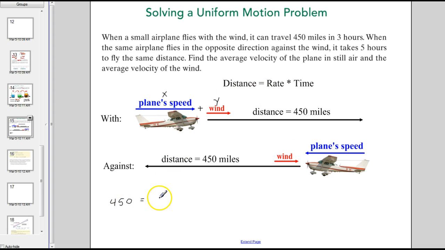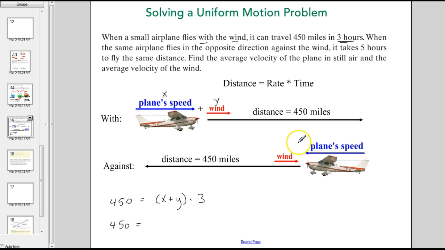So 450 equals x plus y times time, right? Well, it says right here it can go this in 3 hours, with the wind. So with the wind, 3 hours. So times time, okay? Distance equals rate times time. And then we do the same thing for the other one. Distance is 450 miles, so distance